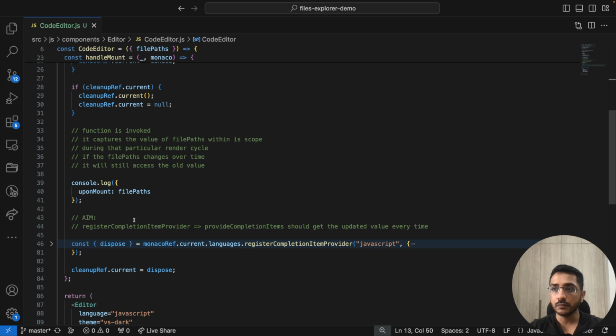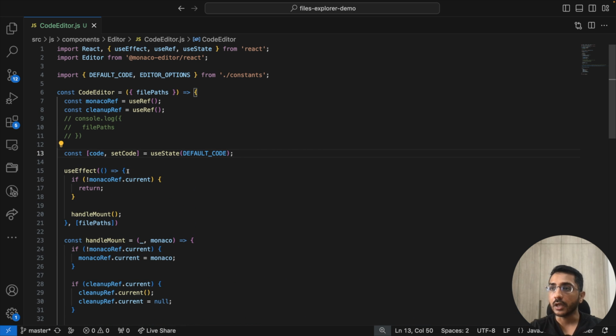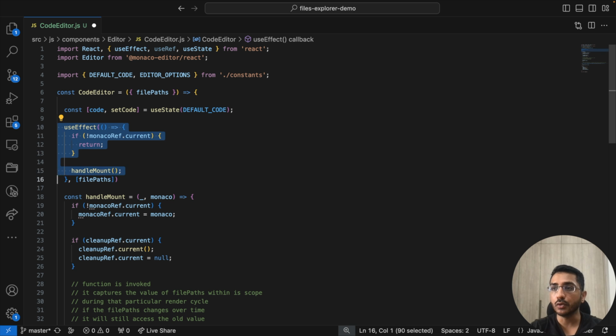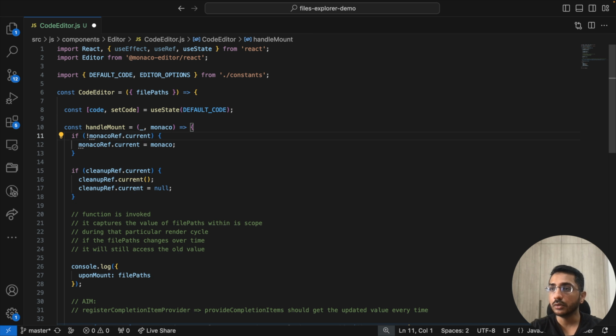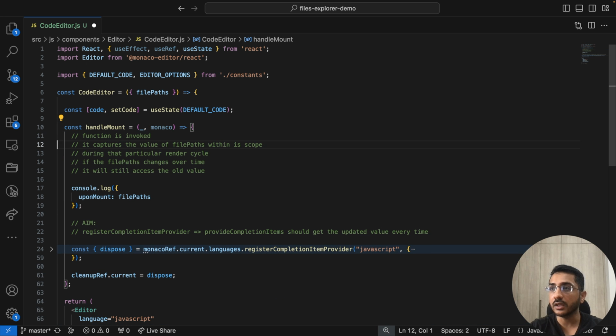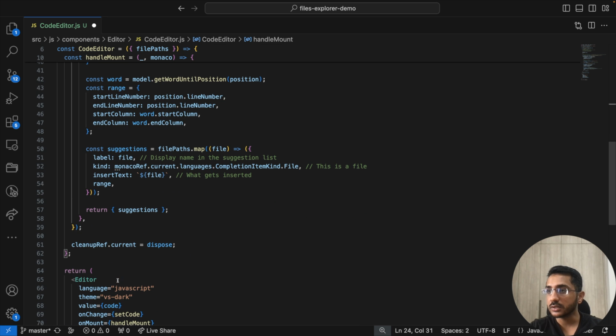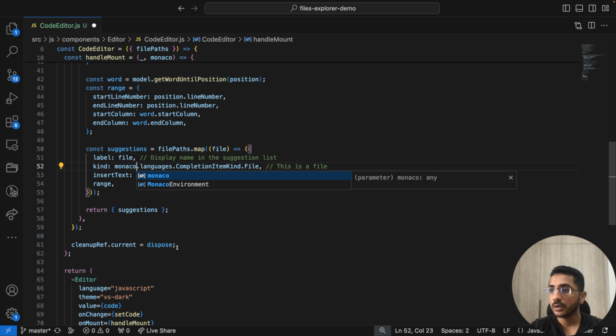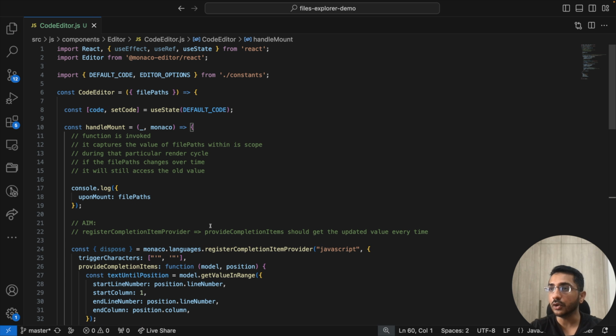Let's reiterate our aim, which I've done countless times now, that we need to get the most updated value inside our provide completion items. And how can we do that? So I'll show you a very simple solution. Let's clean up first. So we'll remove all this. We don't even need the use effect. We don't need all this tracking. Since we have removed it, we'll remove this. We'll go inside this and remove this also, current,